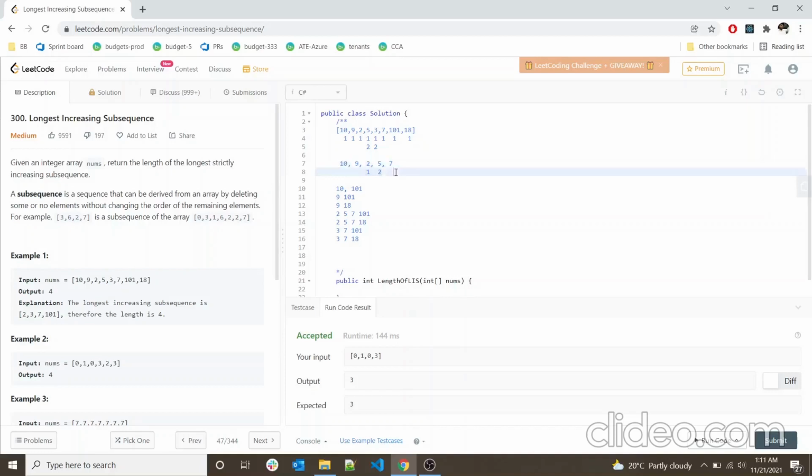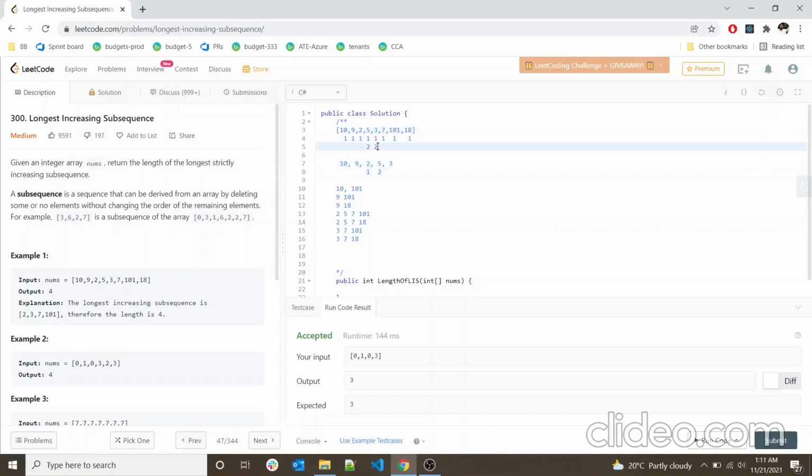The longest increasing subsequence was 2 and 5. We added another element 7, and since 7 is greater than 5, the existing LIS will also increase. The subsequence will increase by 1. So it will become now